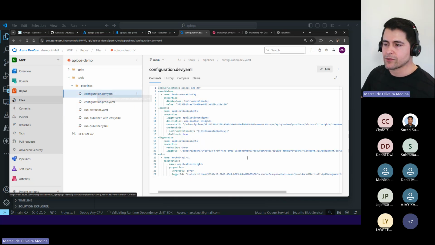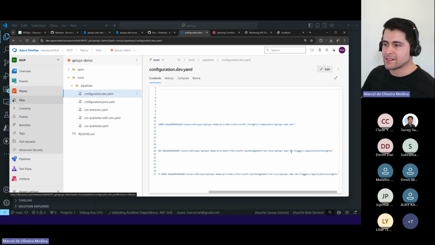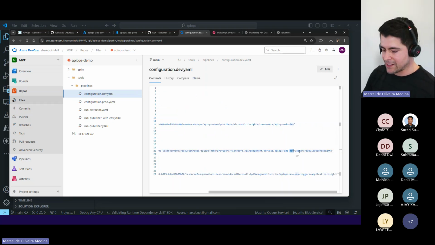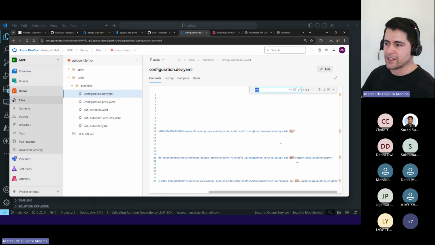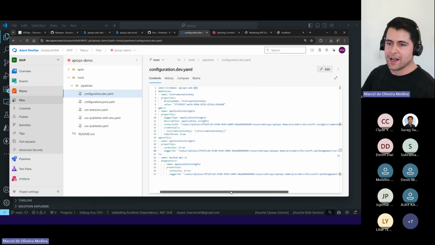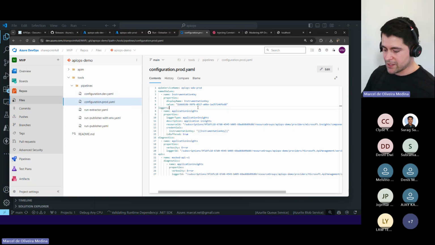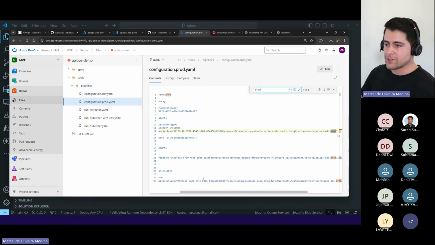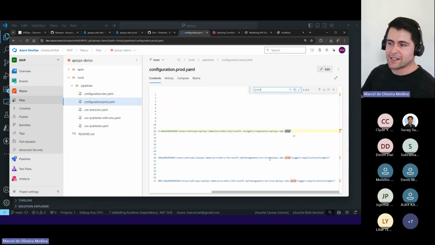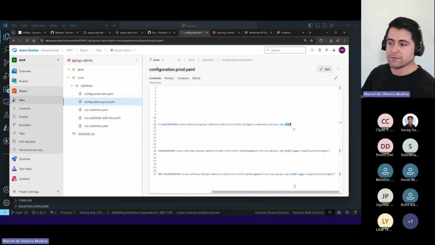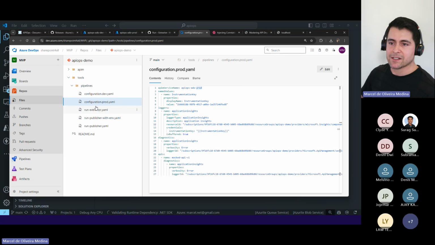So they're internals, right? For application sites in here, you're going to see that most of the things are related to dev. So I'm just searching for dev, and you're going to see that they are already established. If I look in here for production, I'm basically changing resource groups and group names, but it's important that we have that difference.